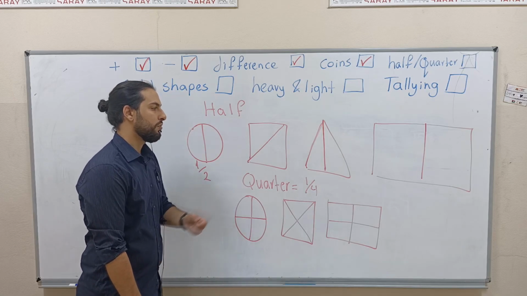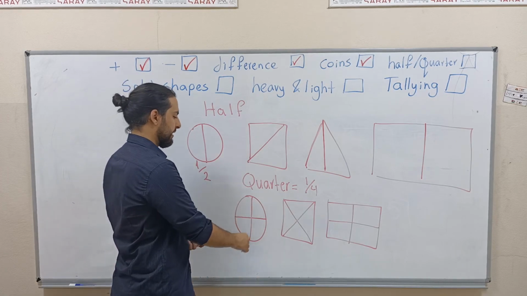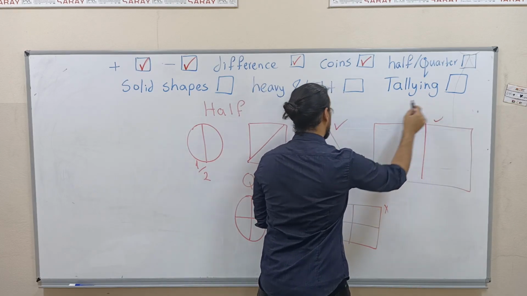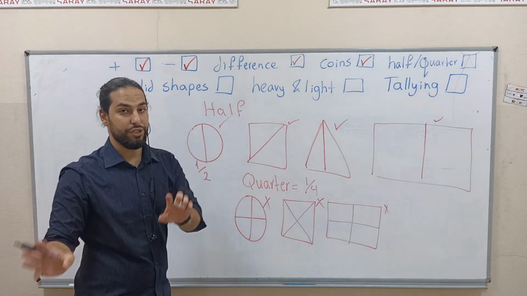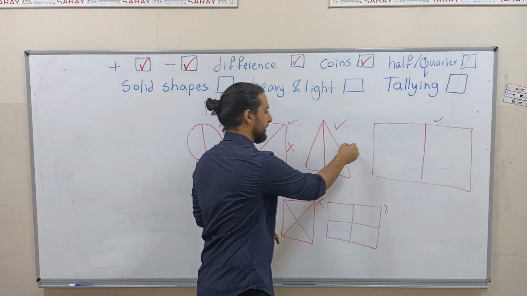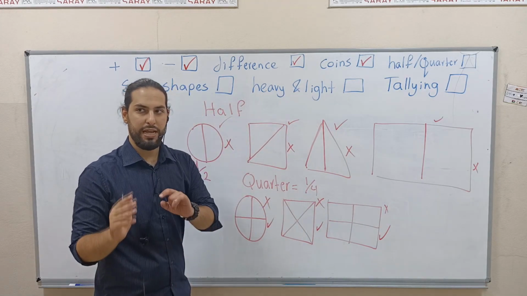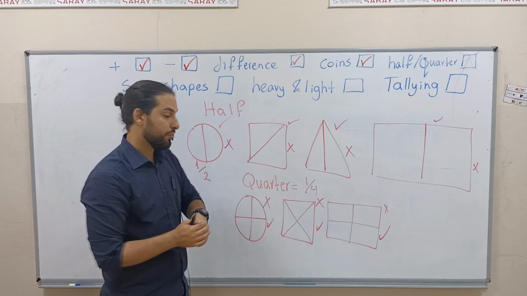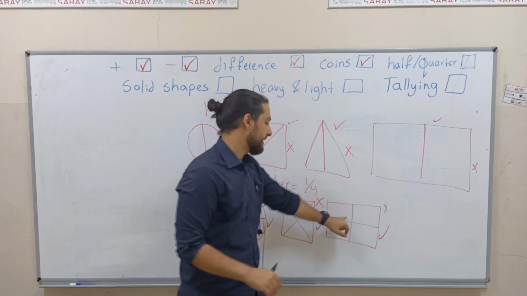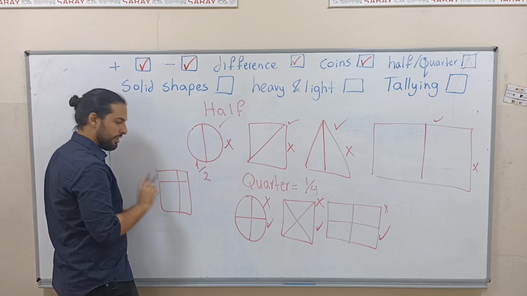The teacher can also ask which ones are half and which ones are quarter, or it can ask you to tick the ones that are half. So this is not half, this is not half, this is not half, quarter, this is half, half, half, half. Or if the teacher asks for quarter, you have to cross these and tick the quarters. So it depends on the question and what the teacher asks you to do, but at the end of the day, these are halves. You have to know this is half, and these are quarters. Of course, these are neither half nor quarter, things like this. Not a quarter,